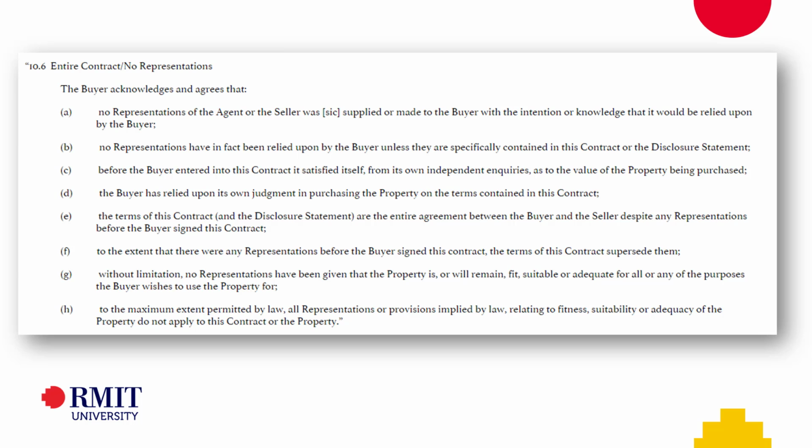Now, it turns out that the sales agent had no idea that that was going to happen. In fact, the developer had gone to some lengths to make sure that the sales agents didn't know that they had sought planning approval for this additional